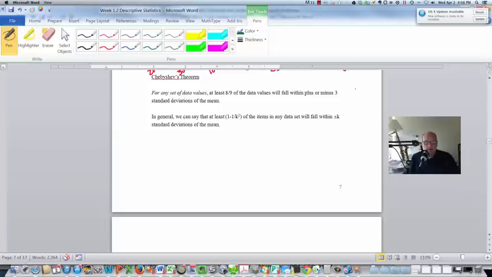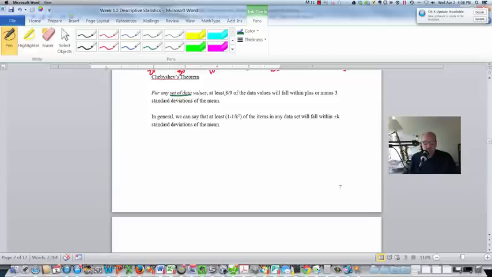Okay, so let's talk about Chebyshev's theorem just a little bit. Chebyshev's theorem is the more generalized version of the empirical rule. So if you remember, the empirical rule only applies if your data is bell-shaped, normal distribution. Chebyshev's theorem says for any set of data,